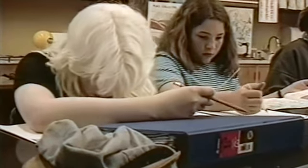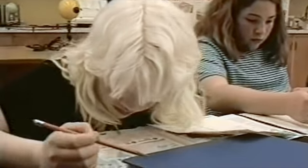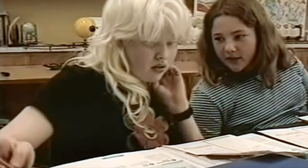A young woman with albinism sits at a desk and reads a non-modified worksheet. In order to see the print on the worksheet, the young woman must hold her head very close to the desk. In general, it's the vision, and for the most part, a student can go into a regular classroom and do well with some minor adaptations and just some environmental changes and be able to keep up with the other students, with little difficulty. Some of the things that should be looked at, first of all, is the print size